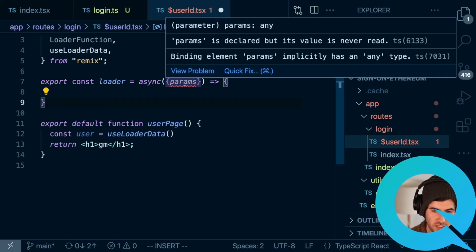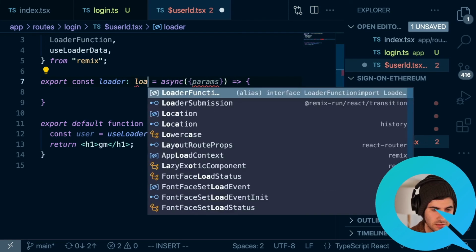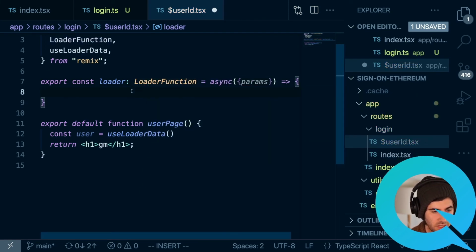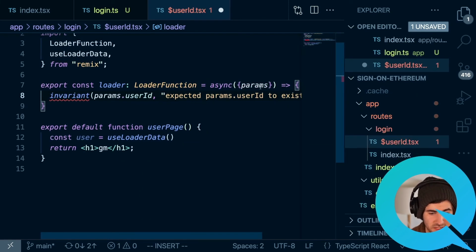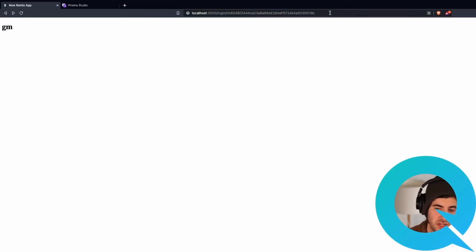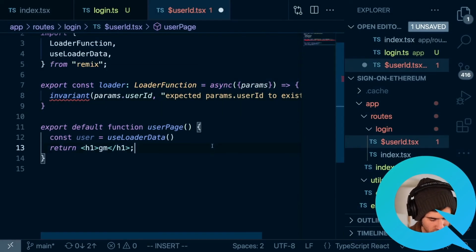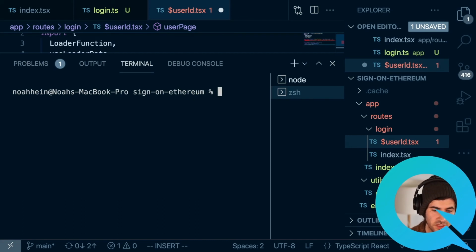You can see in the params that it's declared for our loader function, and we'll want to expect a user ID to be here in the params. So we're going to use this library, invariant. To install that, we can do npm install tiny-invariant.